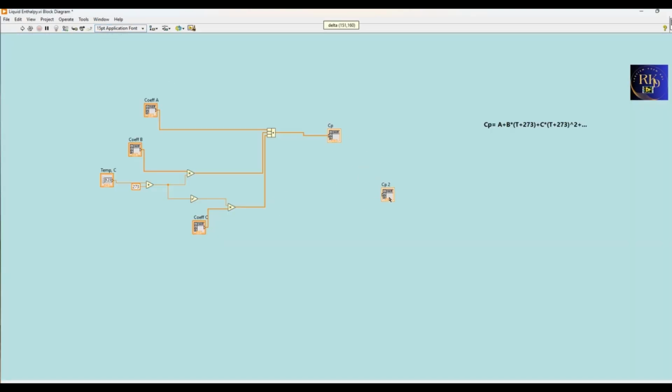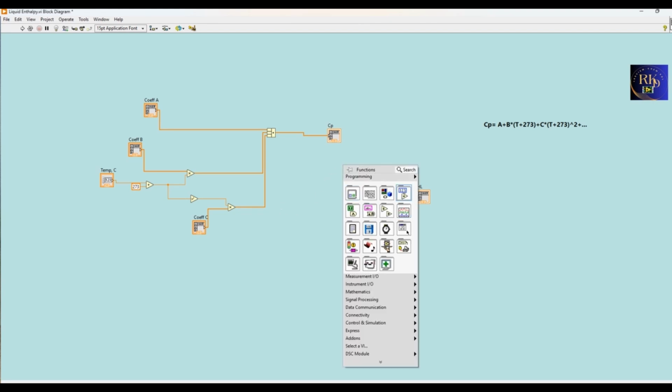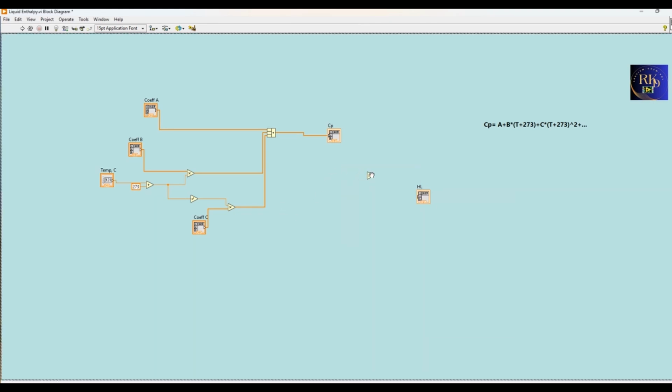So this will be HL, and how we can calculate it. For that I'm taking a multiply operator: Cp multiplied with its temperature. I'll multiply this here, and now I'll connect it with this one.